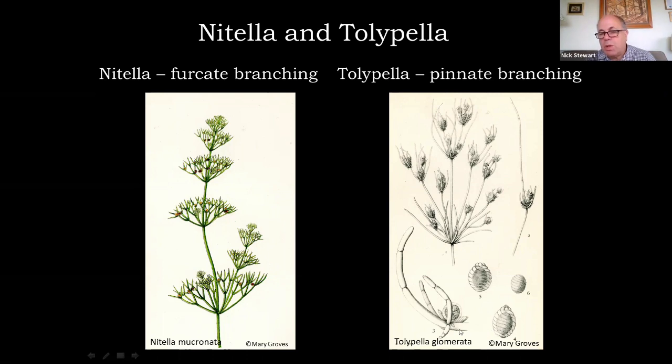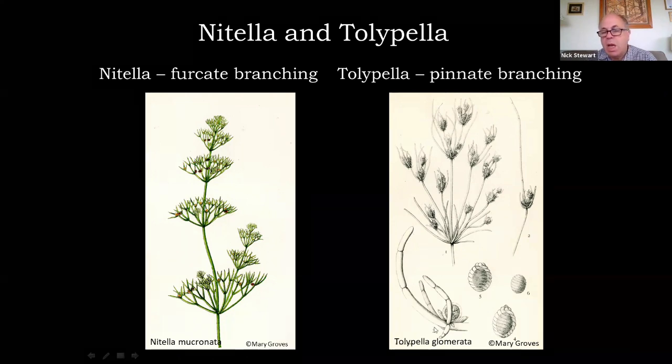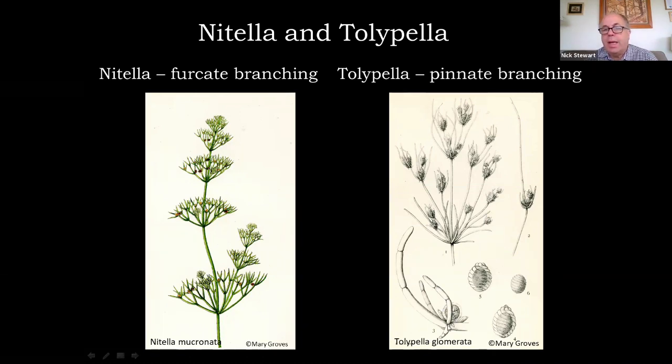In other words, you've got a main strong central division and smaller lateral ones coming off the side. That can be a little bit difficult to see, but just to set the scene, that's the essential difference between the two. There are some differences in the spores as well, but